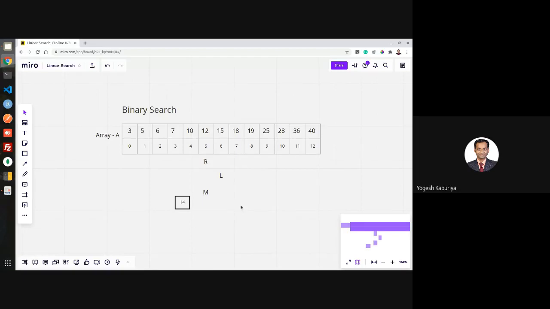Right? Now, what does this indicate? Your left has to be on the left of right. Instead of that, they have overlapped. That indicates the termination. That indicates the false condition. So that will be your terminating condition. You keep on doing this as long as your left is less than or equal to right.